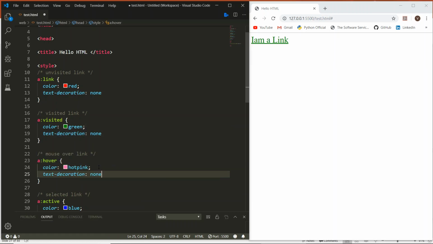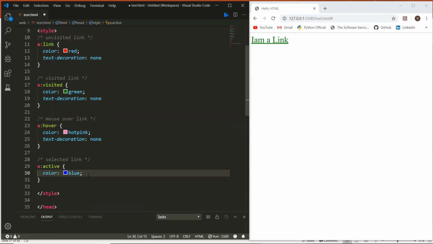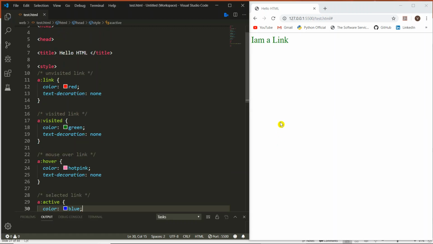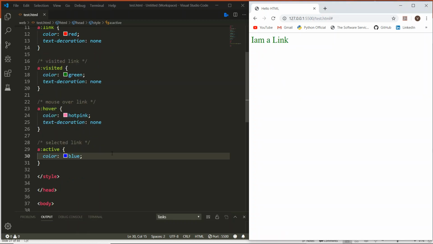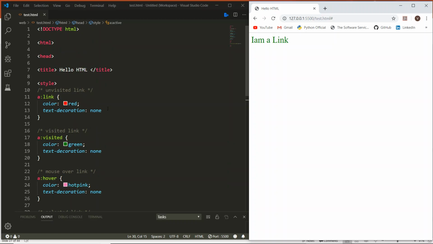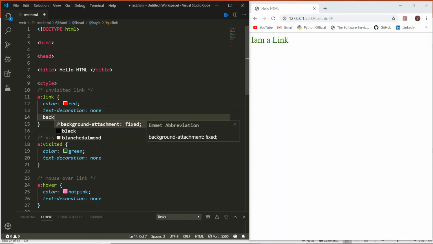But if you click this one, then it will turn blue, okay. So the underline was gone. And then if you want to give some